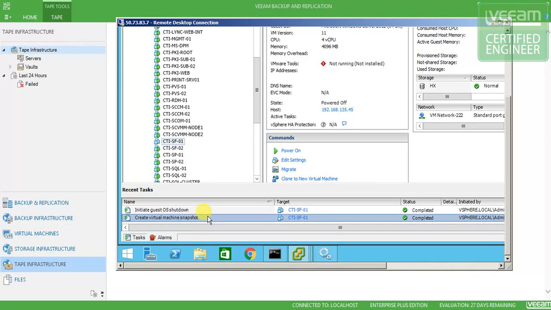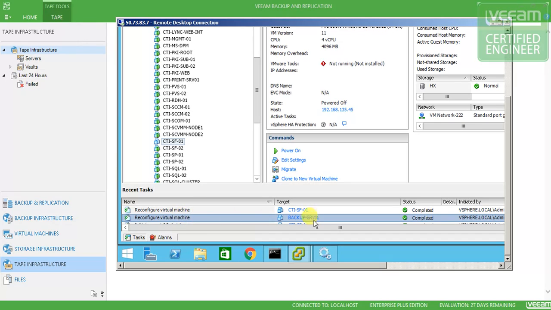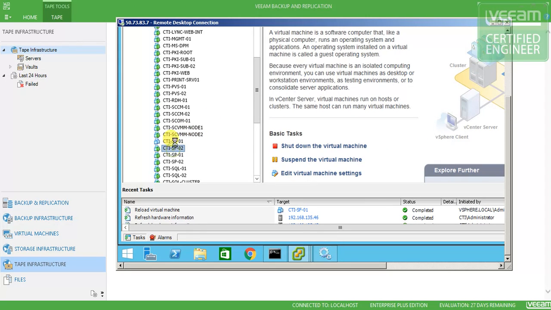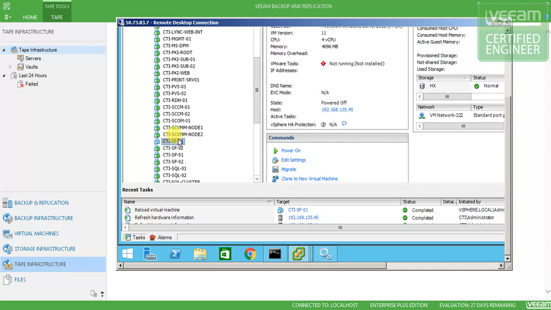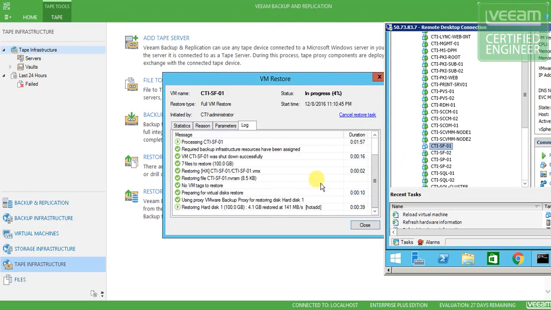So it's creating virtual machine snapshot, initiate guest OS shutdown, reconfigure virtual machine from, actually, this is the backup server. So let's see here. This machine is powered off. Is being restored actually. So